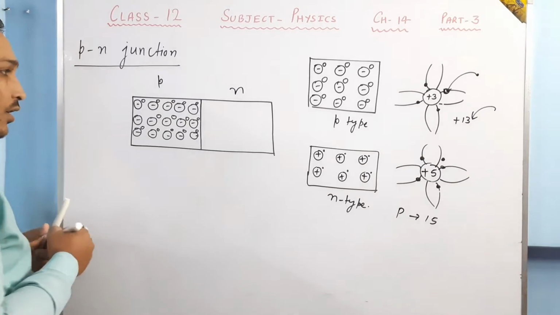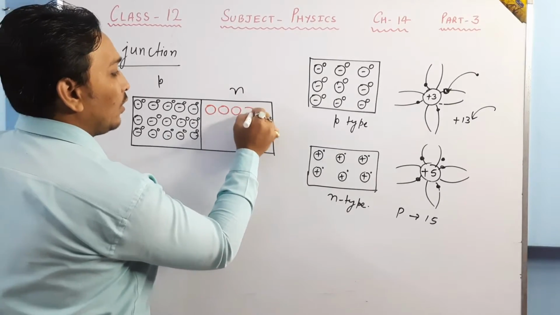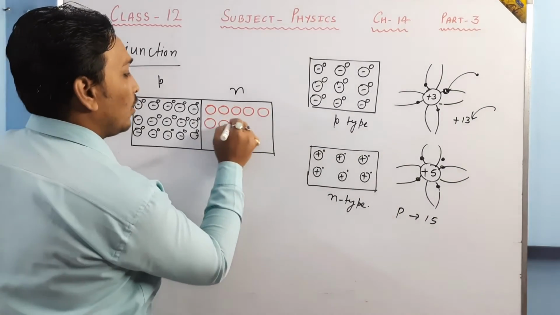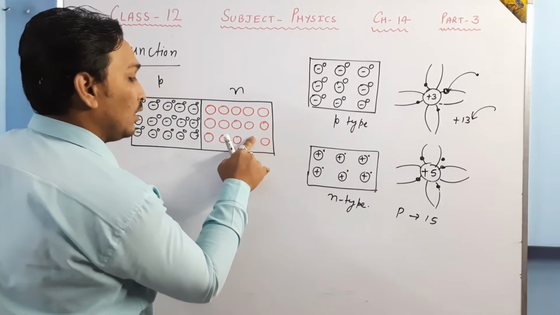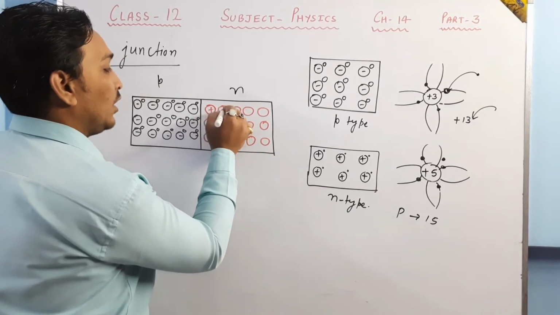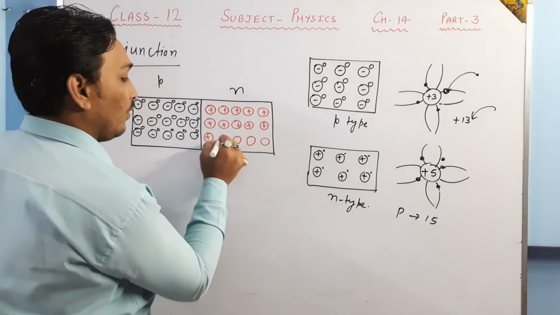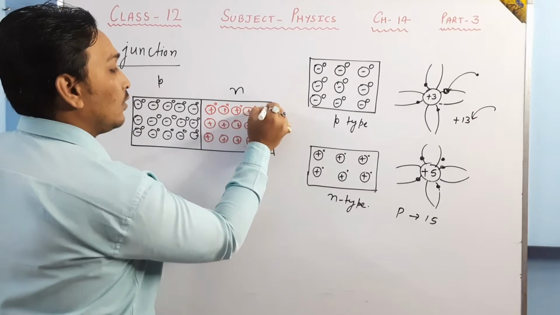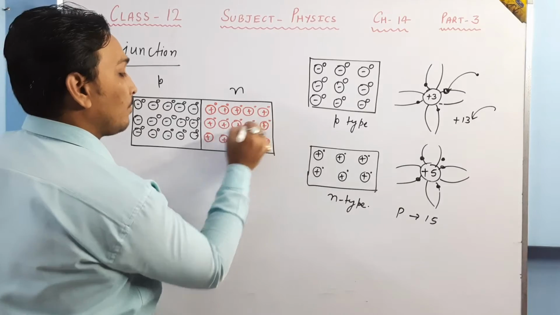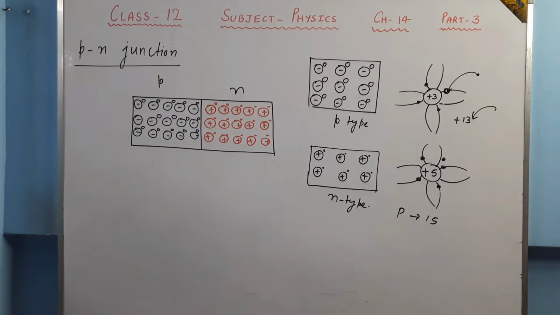How is the n-type semiconductor represented? Let me make it in red so that you can understand. It is with positive charge. Let me make all the circles together, and then I'll make the other things. So these are the positive charges, positive ions. But with positive ions, what do we have? We have electrons. So here are the electrons. So this is how the p-type and n-type semiconductors are made.